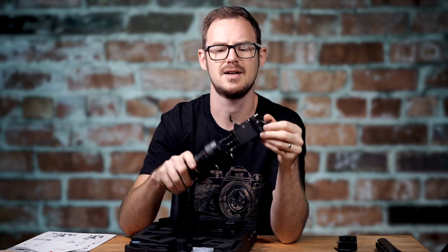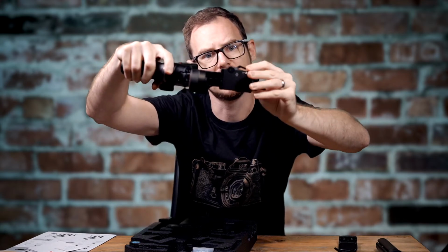on the Weebill Lab, all you have, and traditionally on the Zhiyun gimbals, all you've had is simple thumb screws to adjust stuff, and it takes a few turns and they ratchet round, and they're a little bit of a pain. They are a good system, but they're not a perfect system. And on the Weebill S, they've changed that to these flippy lever locks, so you can instantly,